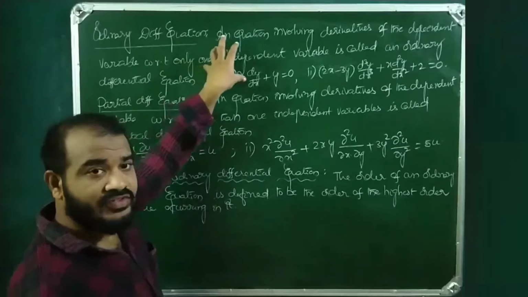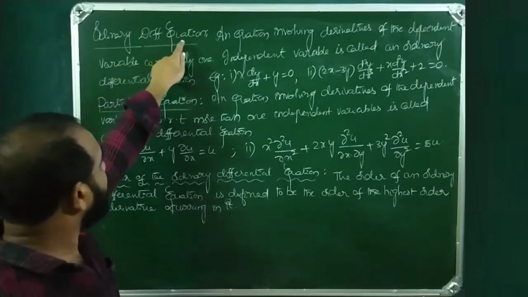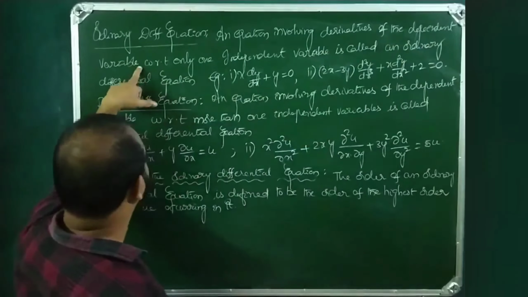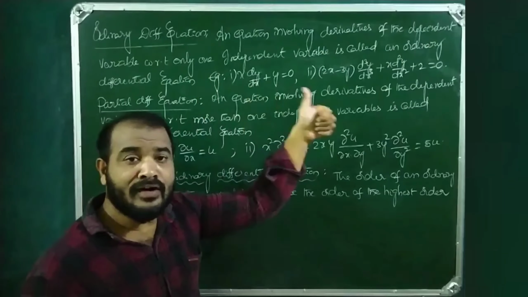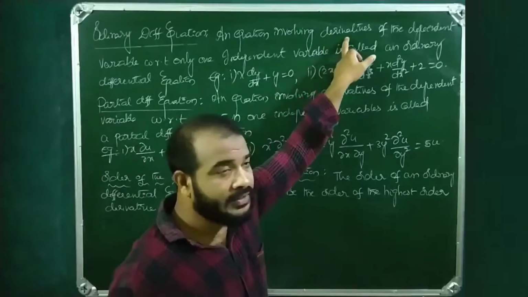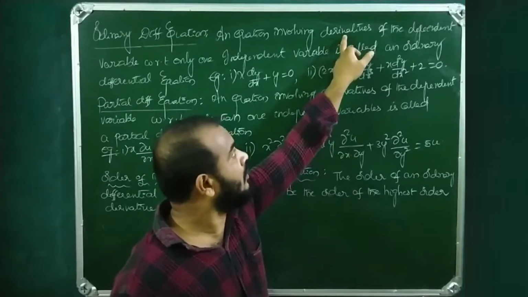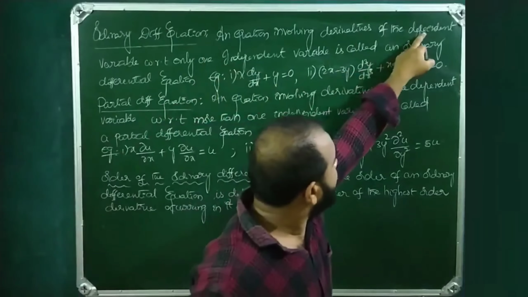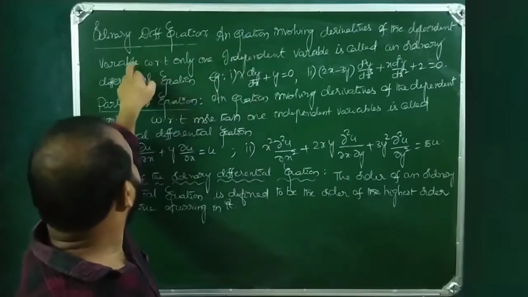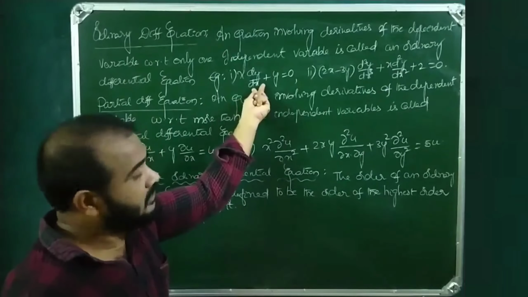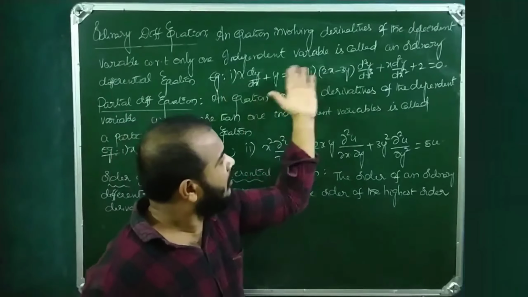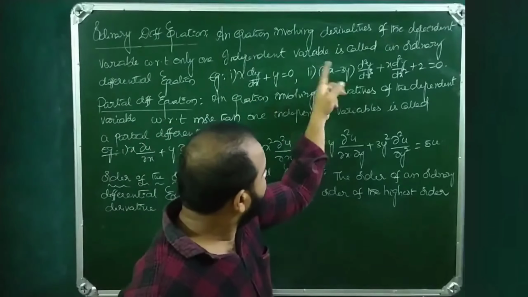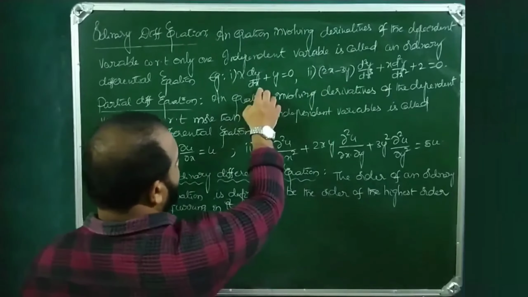So these are what we have discussed so far. Ordinary differential equation: an equation involving derivatives of the dependent variable with respect to only one independent variable. See, the derivative means d by dx of the dependent variable y with respect to only one independent variable x. These are the examples of ordinary differential equations, where in both the examples here we see